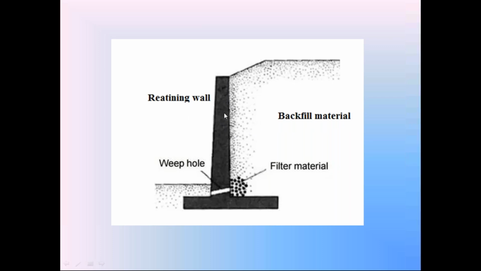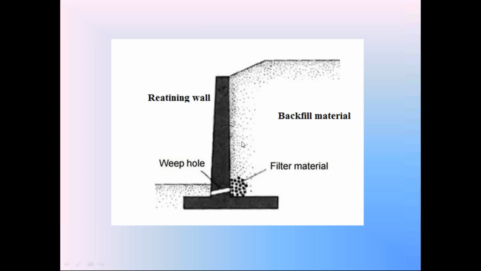And in this diagram, check this carefully. On the back side of the retaining wall, we have the soil, and on the front side of retaining wall also we have the soil. So this retaining wall is having the soil both on the front side and also on the back side. In the front side, it is of small depth, whereas in the back side, it is of large depth. So this entire soil applies horizontal pressure on the retaining wall.